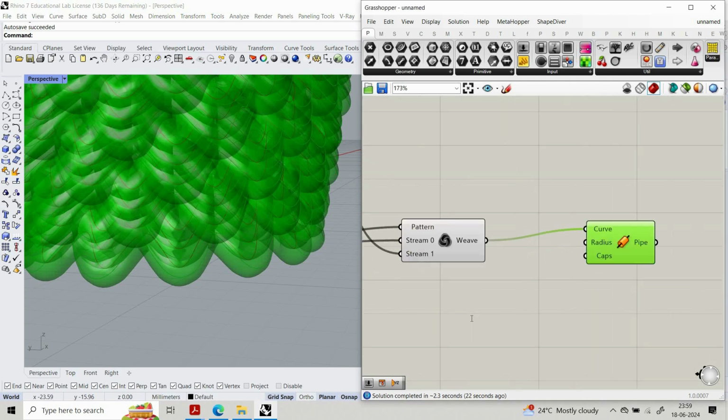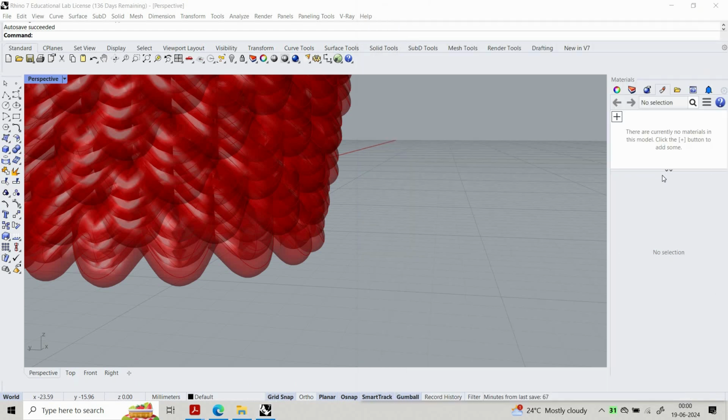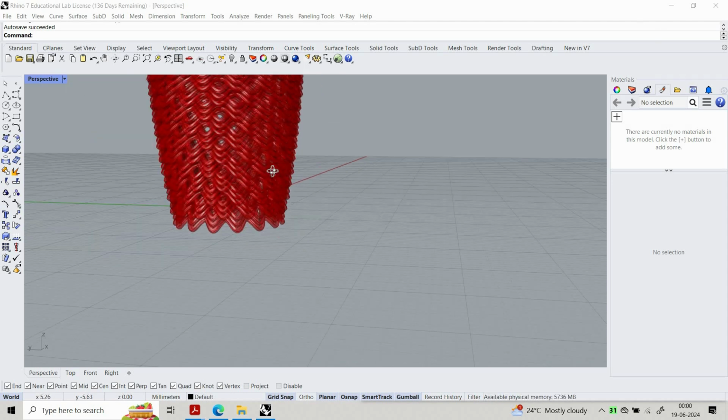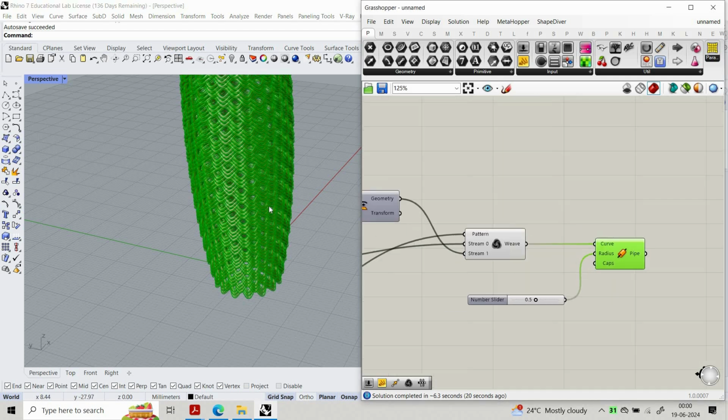Okay. Maybe the radius is 0.5. You know, actually, the reason I'm giving certain values exactly is because I already did this model. I spent some time to get the exact value. Because if you change some value a little bit, the shape will be different, and you'll be like, bro, it is not looking like what we showed in the image. So that's why I'm just focusing on this. So we got